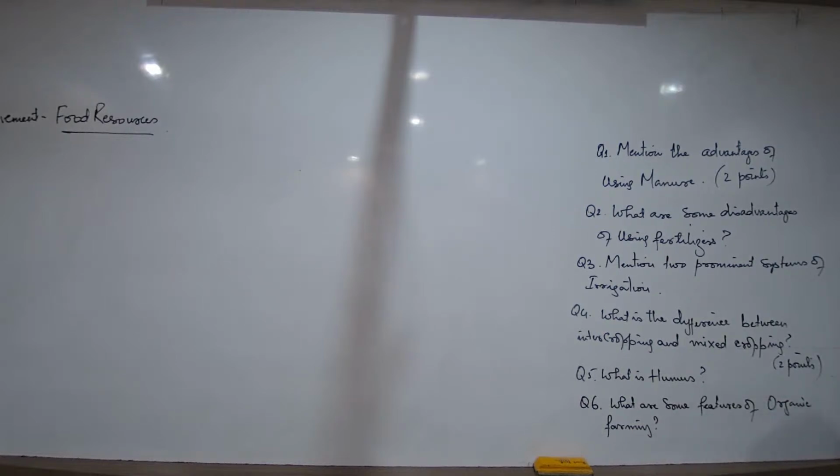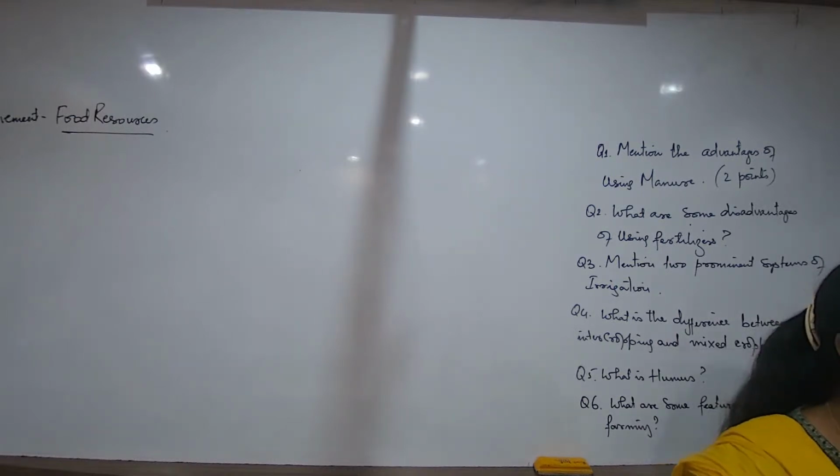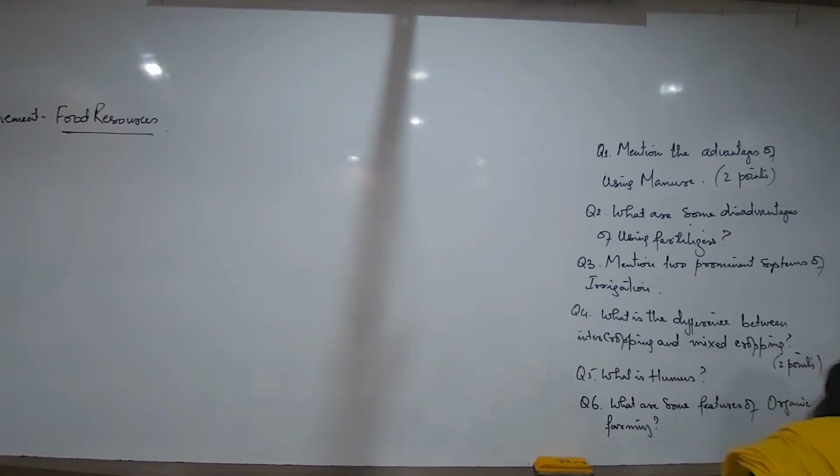I have a question. What is the difference between manure and humus? When you are talking about manure, it is made manually. Human hands are involved in the making of manure. Humus is naturally happening. When you are talking about humus, you would always write that it is the topmost fertile layer of the soil. Manure is not a layer of the soil. So humus is the naturally found topmost layer of the soil containing decomposed plant and animal matter.